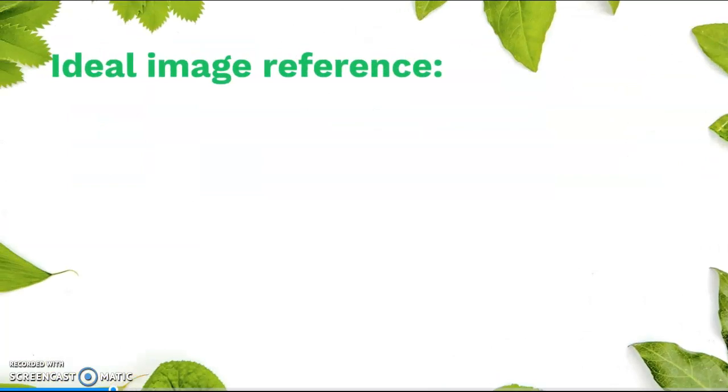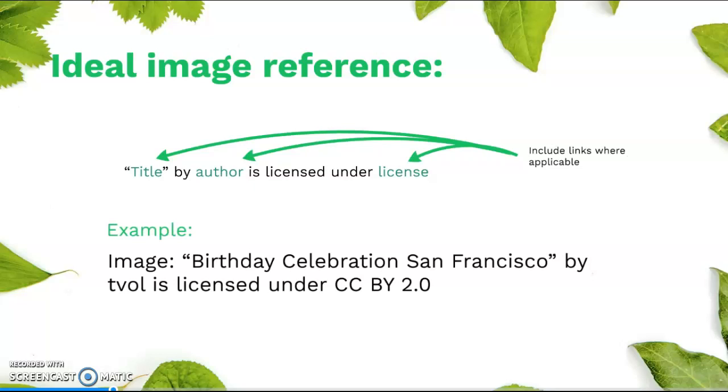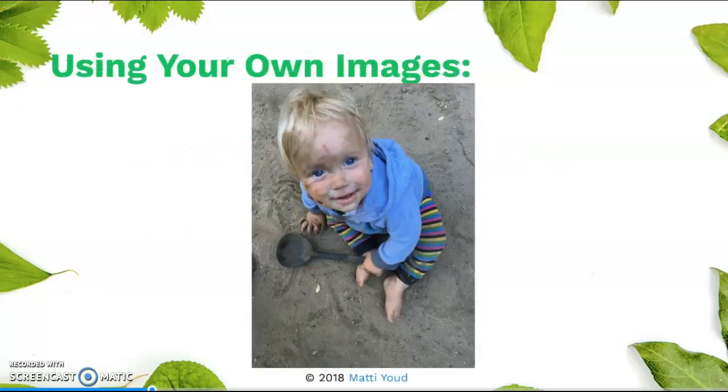So, ideal image reference: Title by author is licensed under license. Include links where applicable. An example: the image is Birthday Celebration San Francisco by TVOL, licensed under CC BY 2.0. If using your own images,